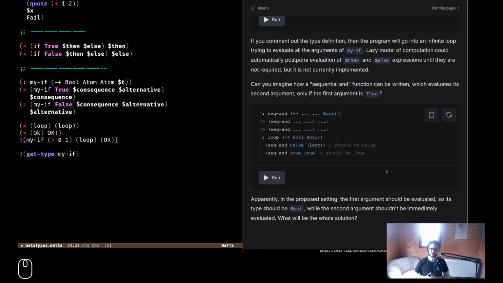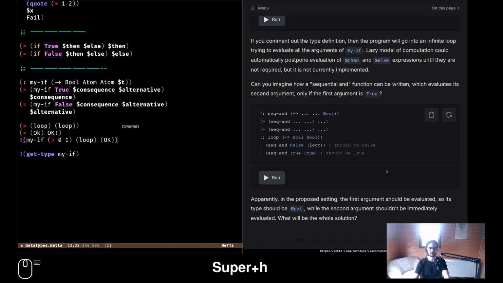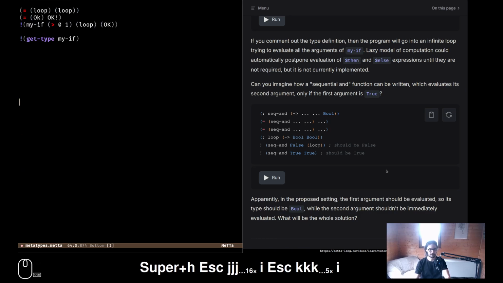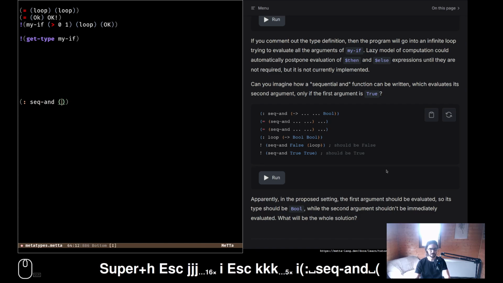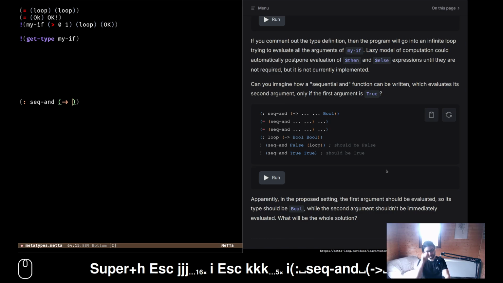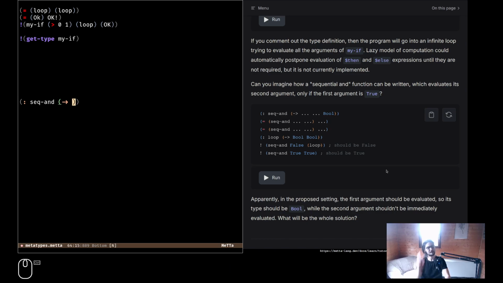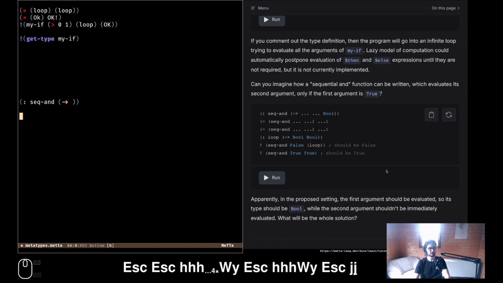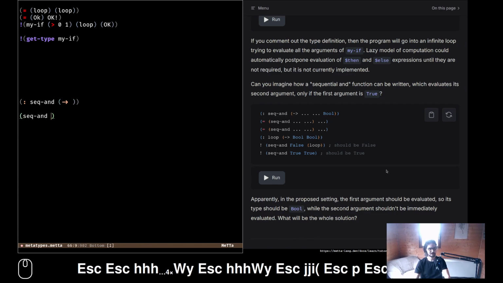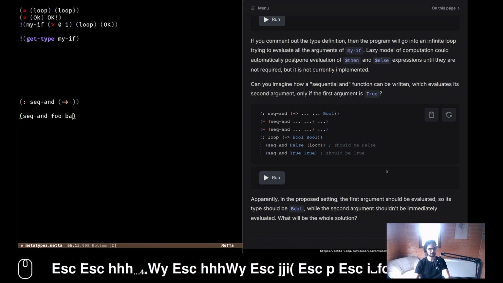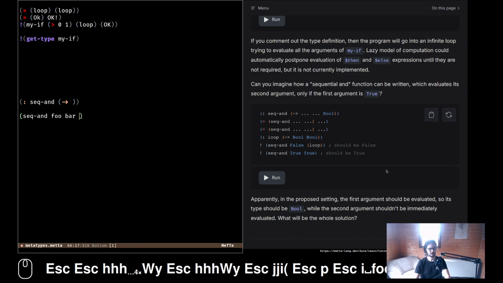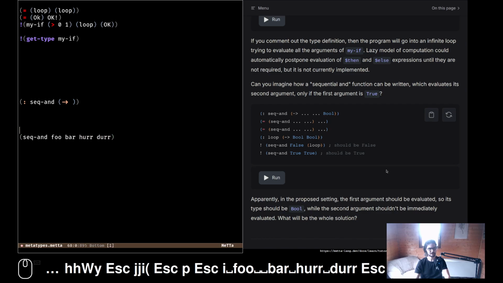You can imagine how a sequential AND function can be written, which evaluates its second argument only if the first argument is true. Let's think about that. Okay, so colon, seek and that. How would you write it? You would write seek and foo bar or something like that, right?